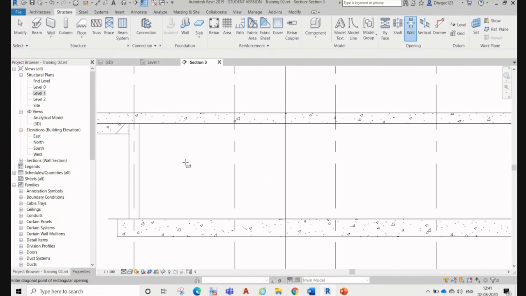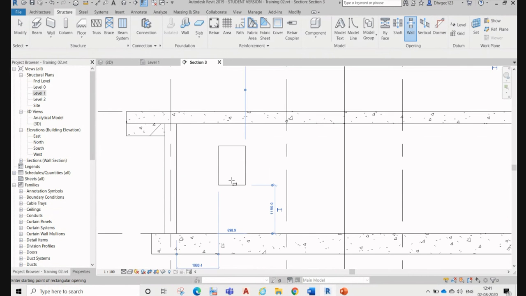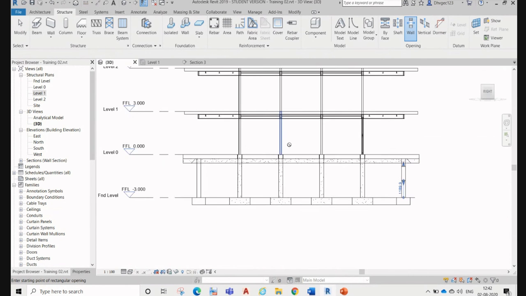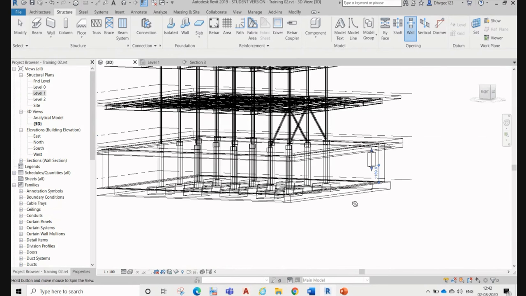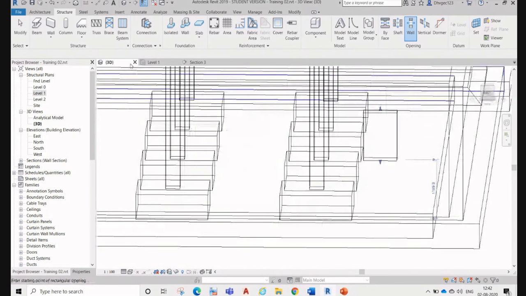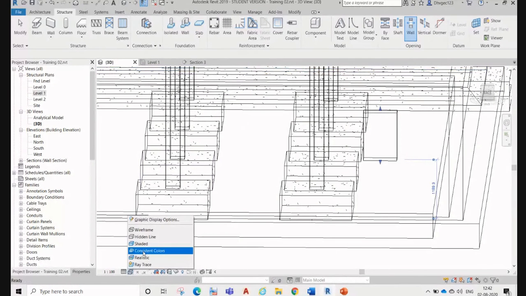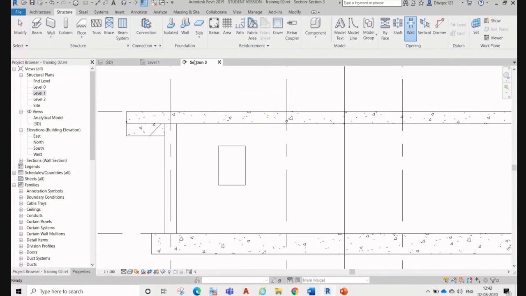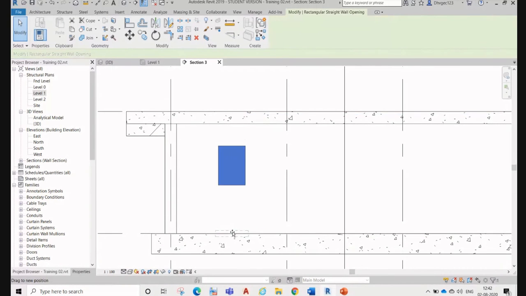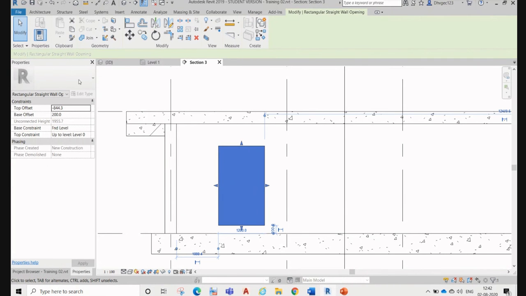Now I need to draw a rectangle or whatever shape I want. You can see that in this direction I have drawn one opening. You can make it wider, whatever shape you want. It's a rectangular opening, and you can define the size.